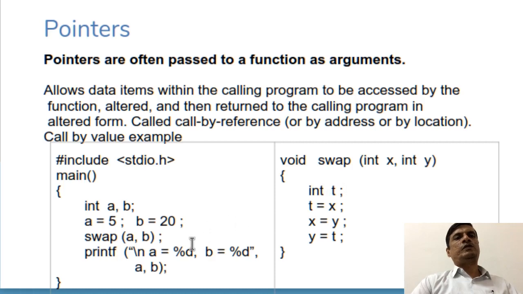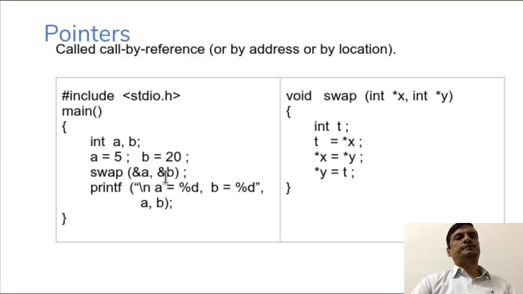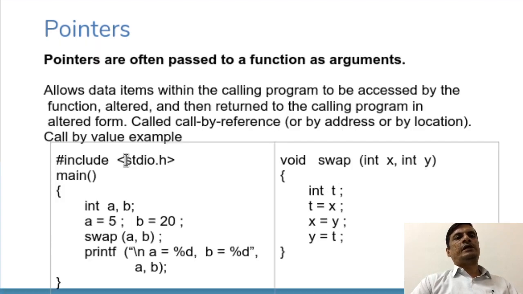Here it will swap, and after swapping it is going to print it as 5. So if you print before swapping and after swapping, then you will understand how exactly the values are going to be printed. Earlier, before swapping, 5 and 20 were there. You are going to pass by value, but when you print, you need to understand whether it is going to print the swapped values or not, even though here it is going to swap.